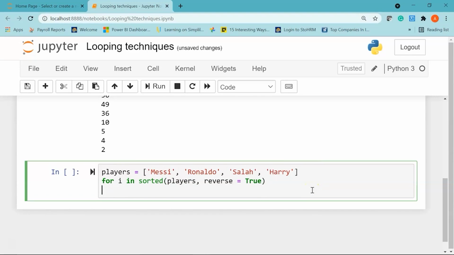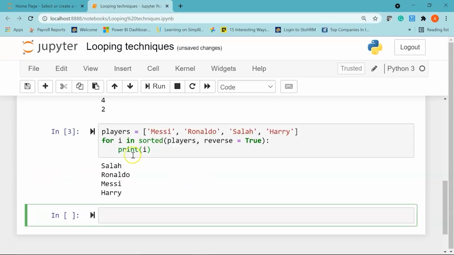Then I'll give a colon and say print i. Let me run it. You can see here the names of the different football players have been sorted in descending order of alphabets. So we have S appearing first, then R, M and H. So Salah, Ronaldo, Messi and Harry.